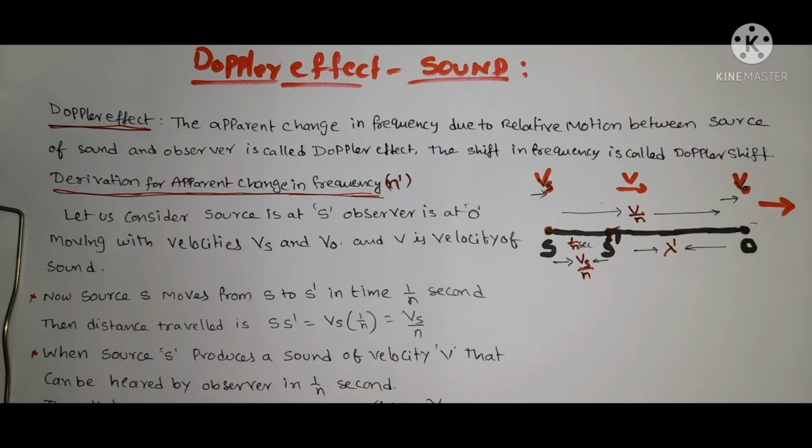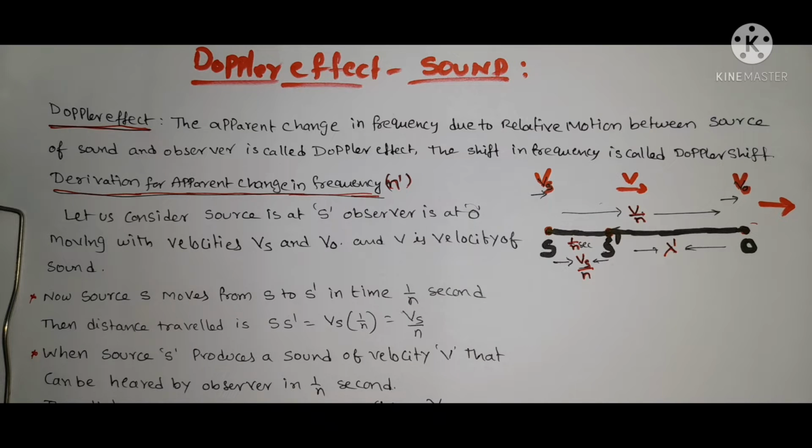Apparent means which is easy to visualize or easy to hear. So that apparent change we observe by the observer, that frequency change you can call the apparent change in frequency. That effect you can call the Doppler effect. The shift in the frequency you can call the Doppler shift. That's all. So for this explanation, if it is asked as a long answer question, you do one thing,